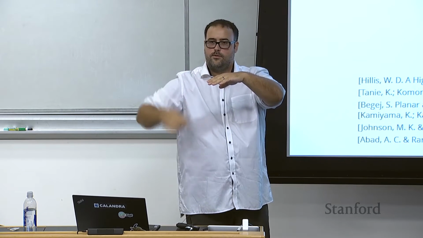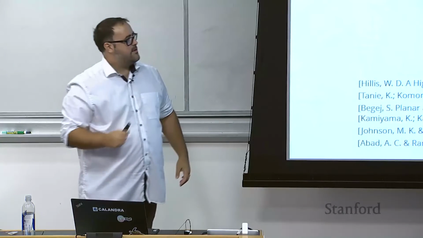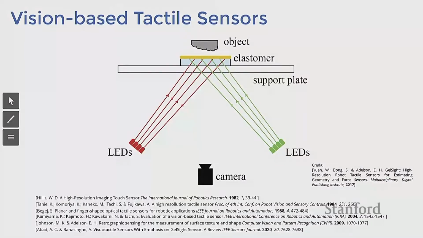Now, whenever you touch this elastomer, it creates internal deformations in the way the light is reflected back to the camera, and in practice creates shadows of different colors depending on the geometry and the force being applied to the elastomer. This is an extremely cool technology because it has virtually no moving parts. The silicone is the only moving part, which solves a lot of the problems about reliability of the wiring, reliability of the electronics, and manufacturing, because it's very easy. We know how to manufacture a camera at scale.